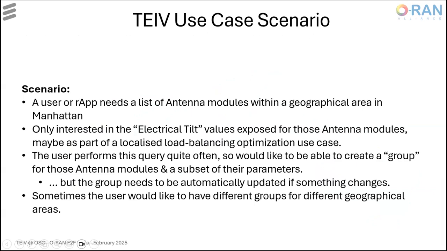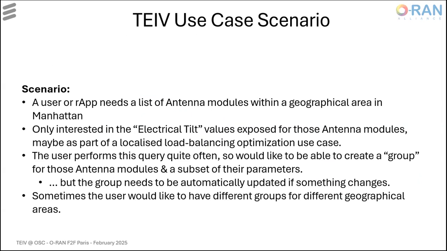So just to demo this, I want to have a very brief demo scenario where a user wants to get the list of antenna modules within a given geographical area, say for instance in Manhattan. For some reason, they're only interested in the electrical tilt values for those antenna modules. One example of why that might be is, for instance, as part of a localized load balancing optimization use case,